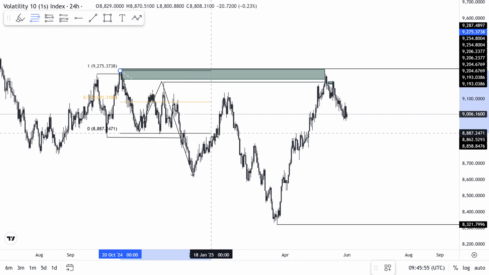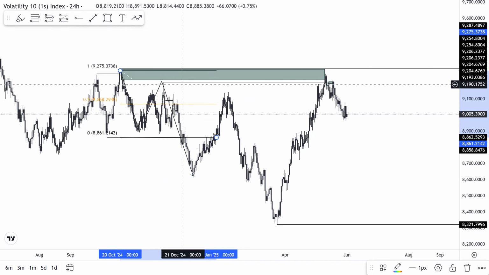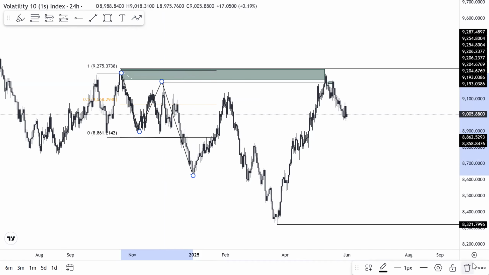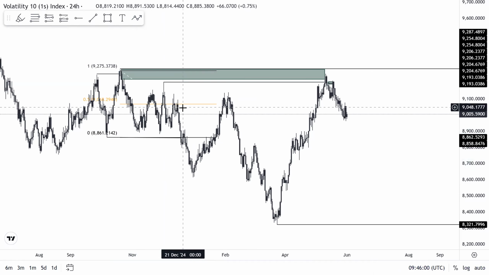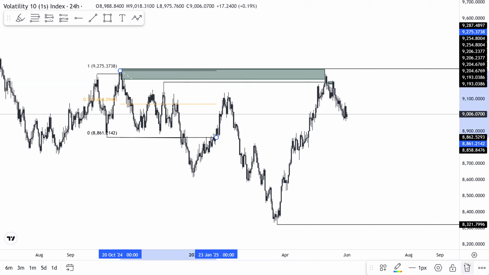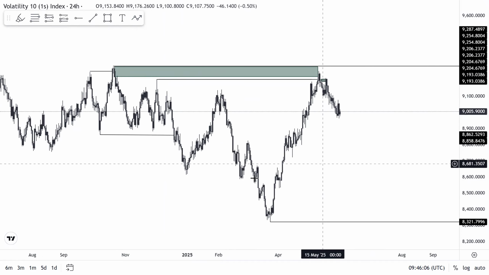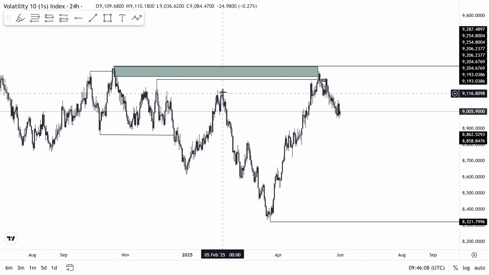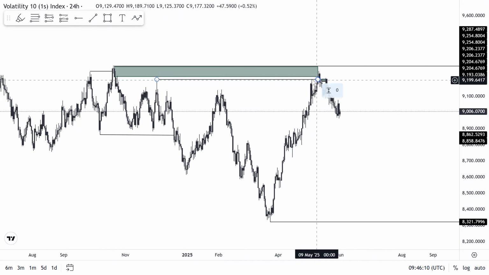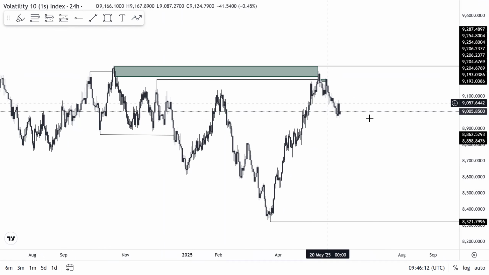Now you can validate the structural liquidity. You can see that it is above the 50%, making this a valid structural liquidity. And what do you see is happening right now? Market came all the way, took out this structural liquidity, and is already selling now. Remember that the market moves from the internal range liquidity to the external range liquidity. And this is on the daily time frame, meaning that on the lower time frame,